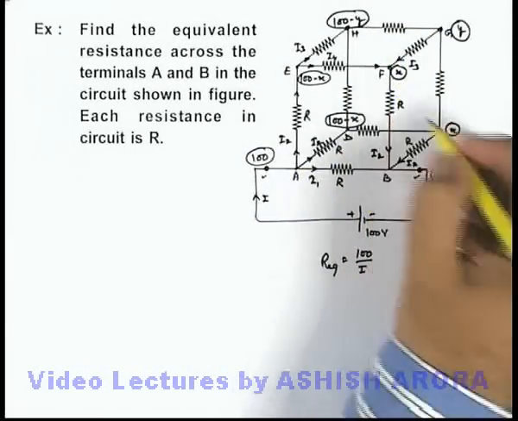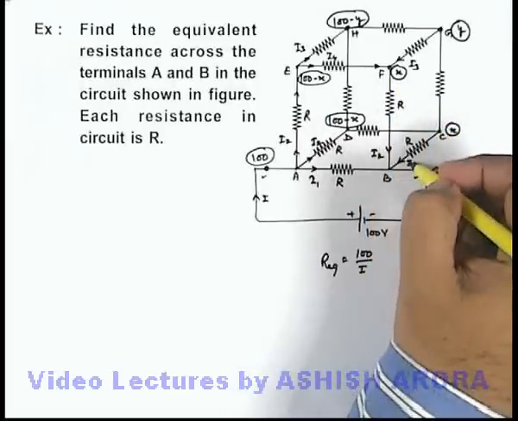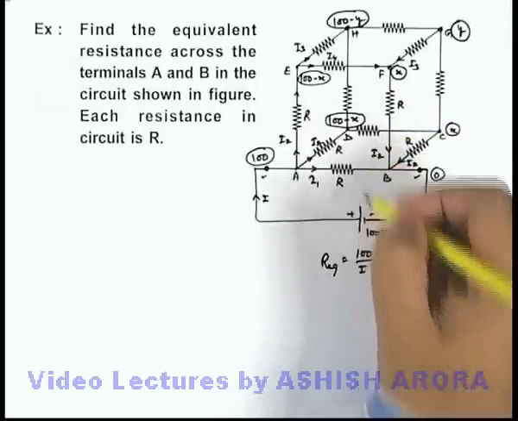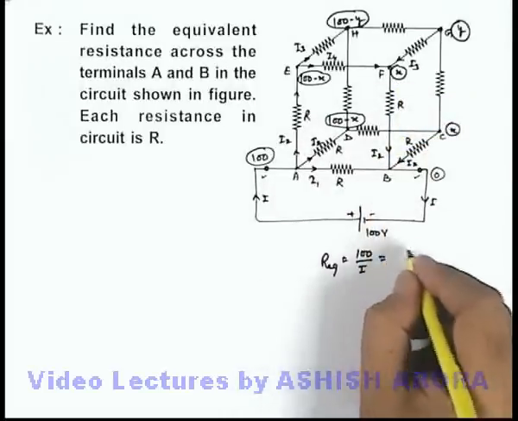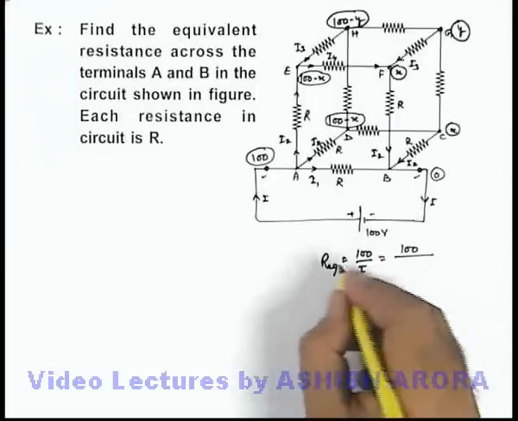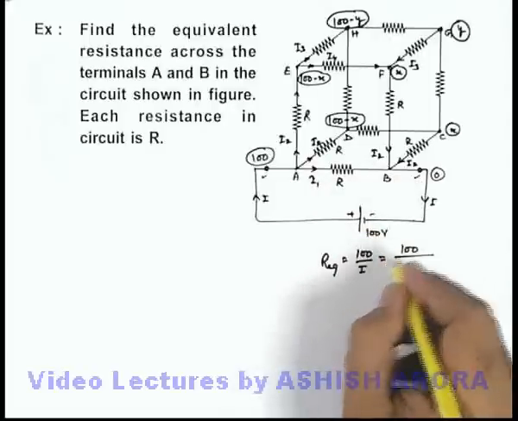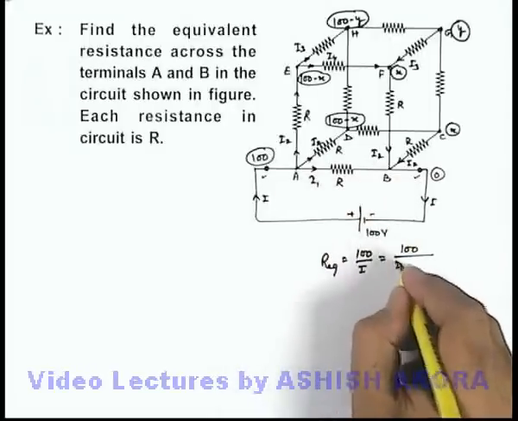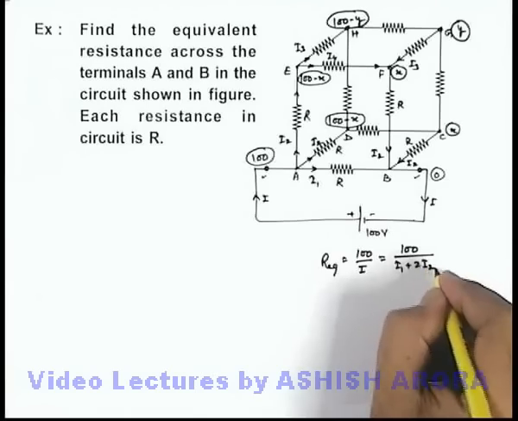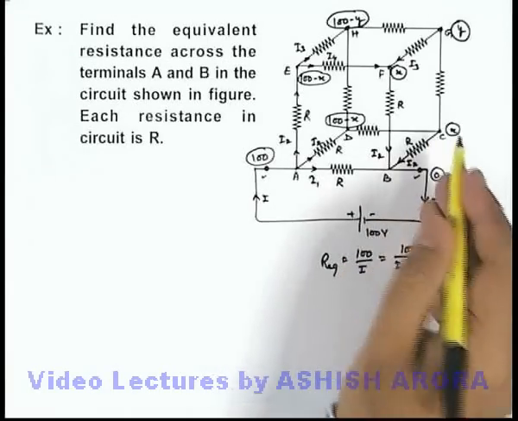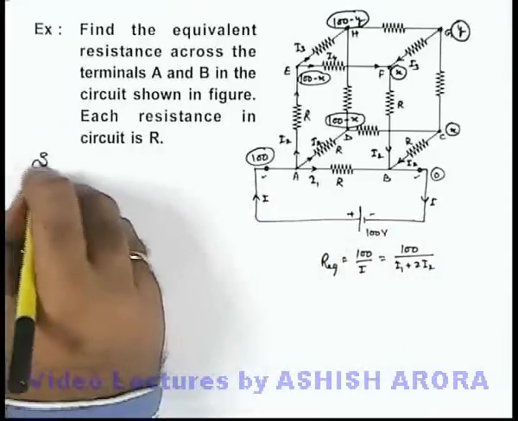Now we just need to calculate the value of X, using which we can get the value of I2. I1 we already know, we can substitute here. As in this situation, the value of equivalent resistance we can write as 100 by I, which is I1 plus 2I2. And I2 we can calculate on the basis of X. So in the solution,